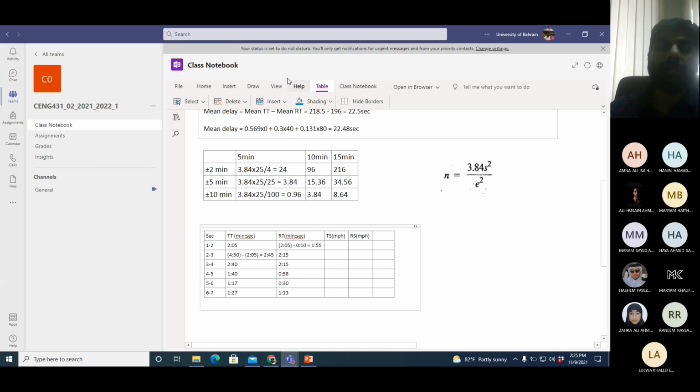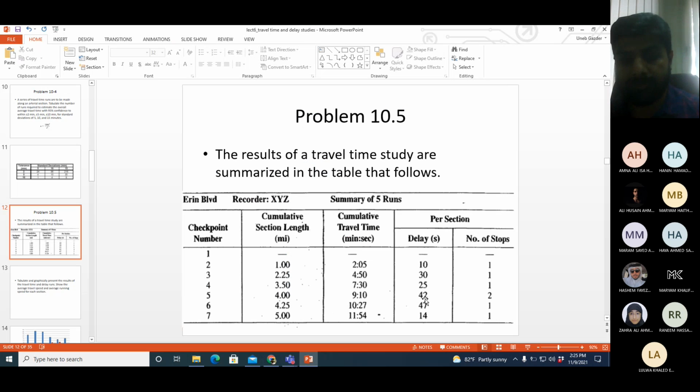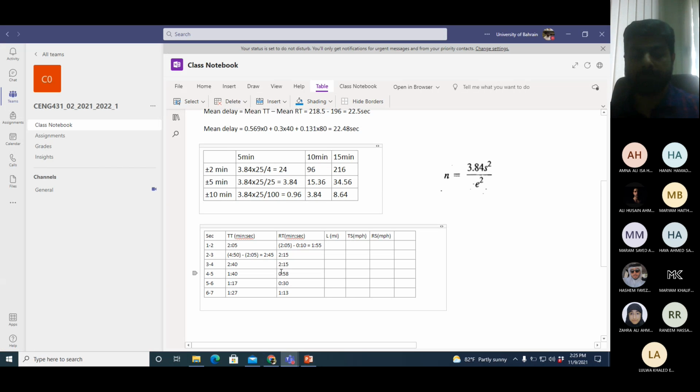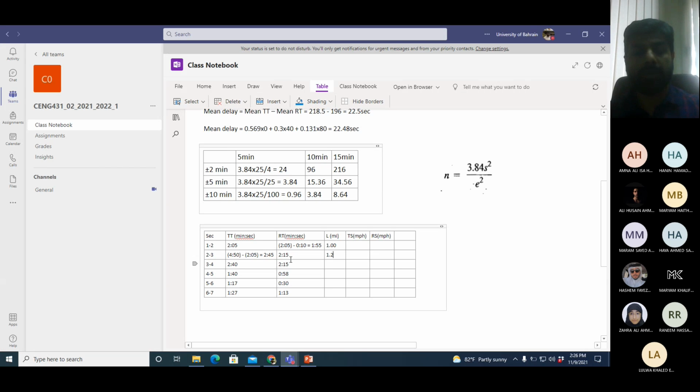The distance is again given cumulative. So for the sake of convenience, I will calculate the length for each section as well. For the first section, no problem. It is 1 to 2, 1 mile. For the second section, 2.25 minus 1, so 1.25.